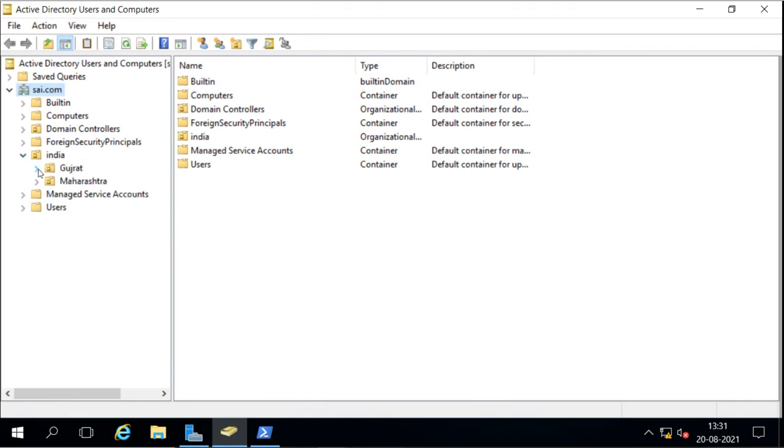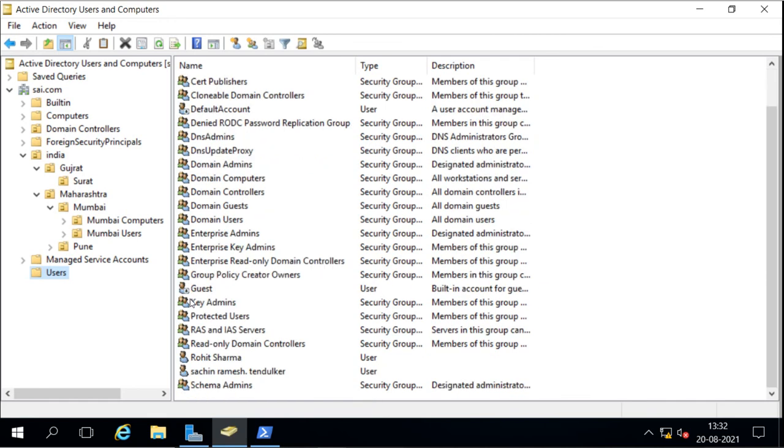So this is the nested OU structure. Now you can give permission for a user to manage some OUs. So if you want to delegate the permission to some user, then first you have to make sure that user is not in that OU. That means if the user is in that OU itself, then that user will get the permissions and it will get the restrictions also for the OU. So it may not be able to manage the OU properly.